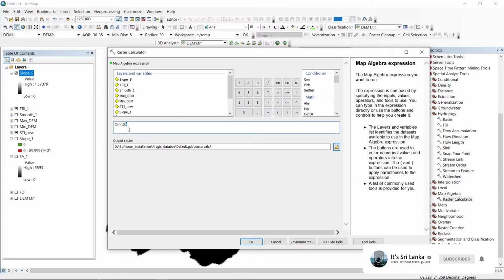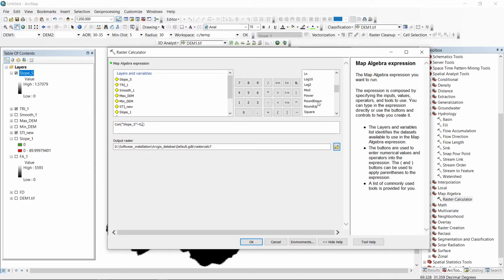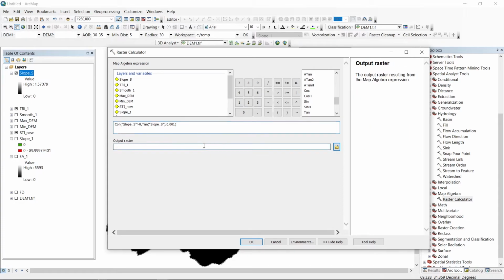Con, then slope is 0, and so on. Here we got tan slope.